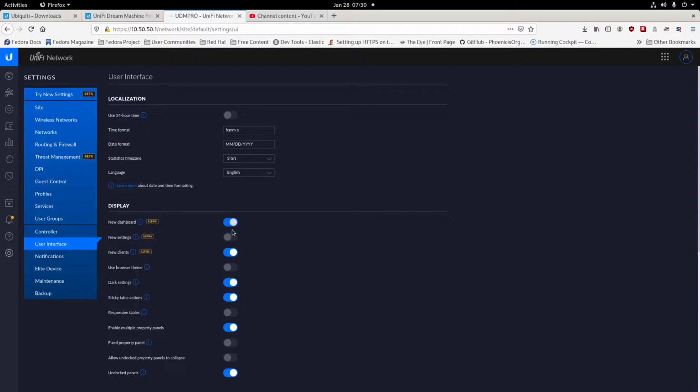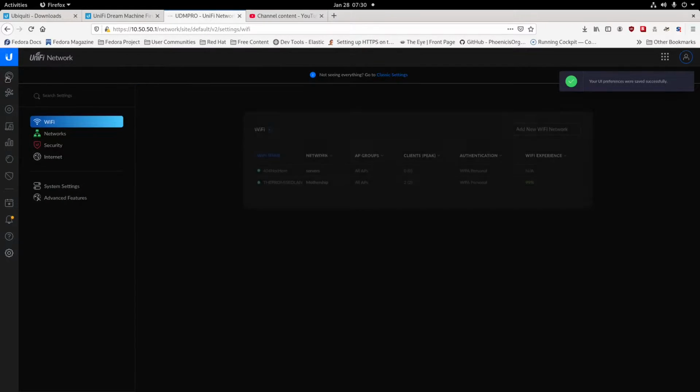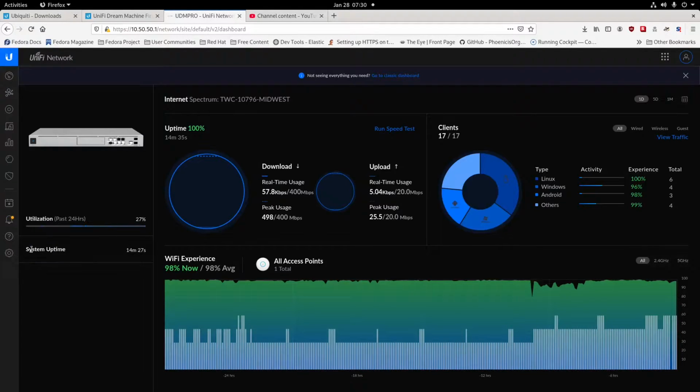We'll go ahead and enable these two for a second. We'll disable them here in a moment as soon as we get through here, if you want to show here just to see what they're like. Apply changes. I don't like the layout, but again, it doesn't mean that somebody else may not. They have them because it doesn't have uptime utilization in the last 24 hours. It tells you what everyone's using on my network right now,